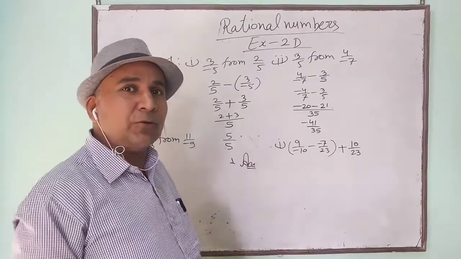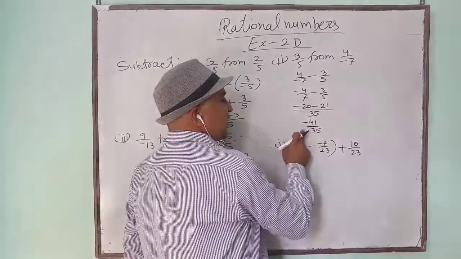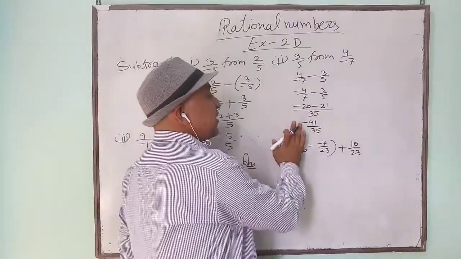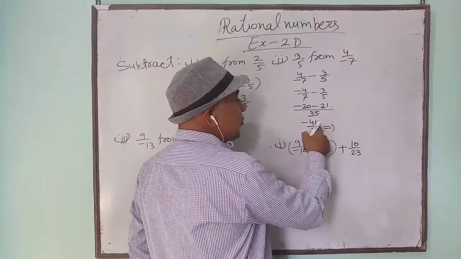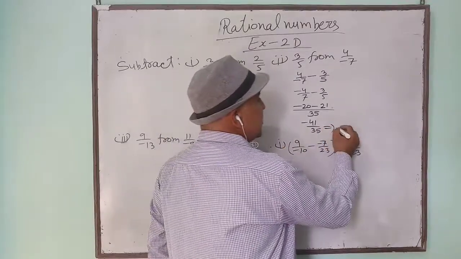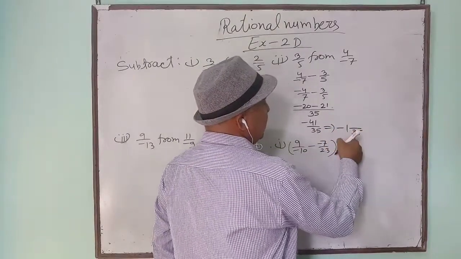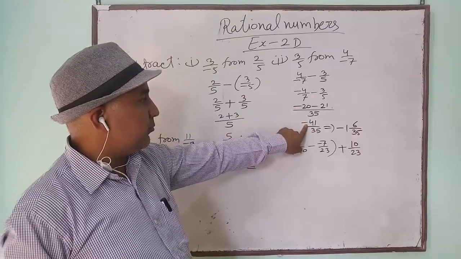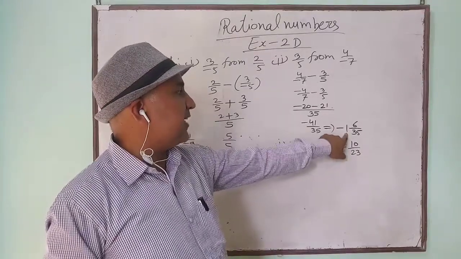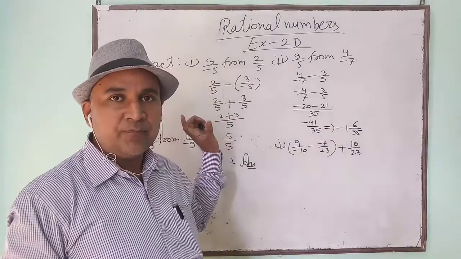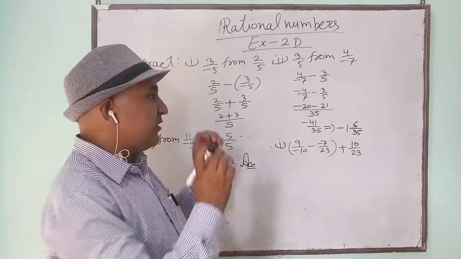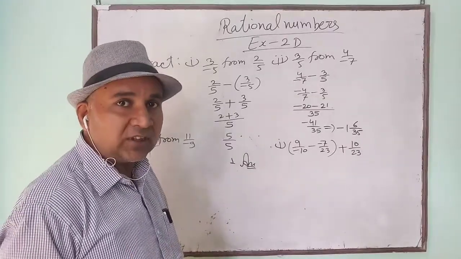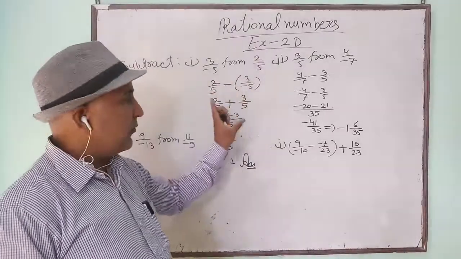But you should know that if your number is in the form of fraction, though it is a rational number, but it is in the form of fraction also, so always numerator should be smaller than denominator. Must give this habit to yourself. 35 into 1 is 35 plus 6, 41. When you change this number into the mixed fraction, then it will be minus 1 and 6 upon 35. Understood? Though this is a rational number, we will follow the fraction method also. In the fraction chapter, I will make you clear more of the things, but this is advice from my side.